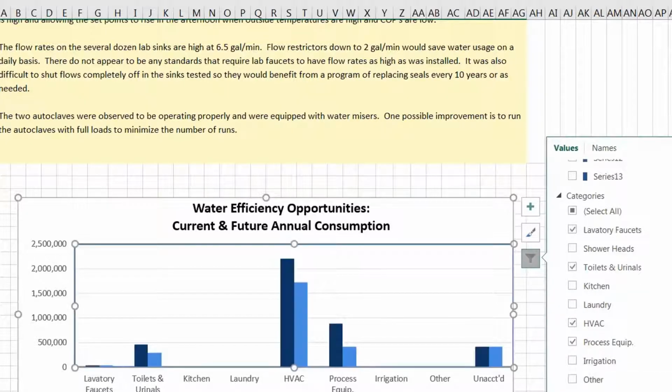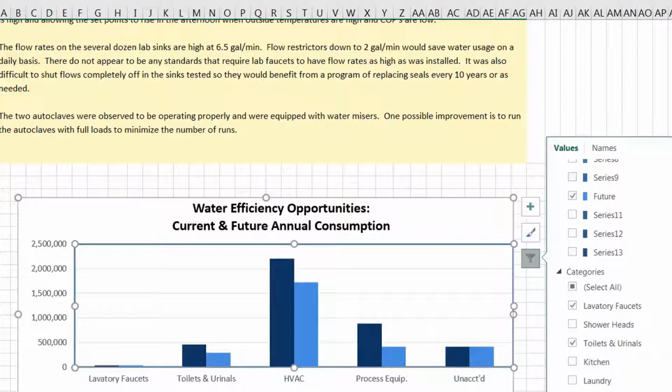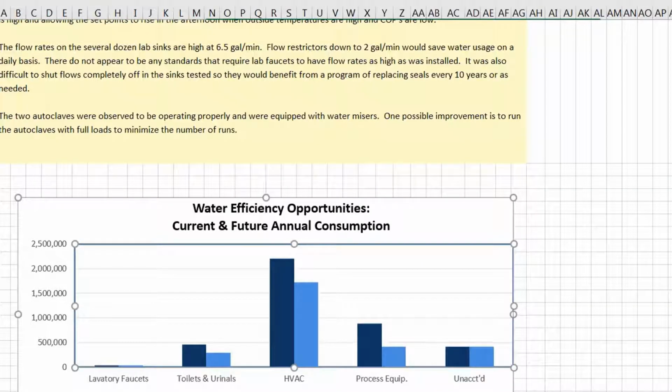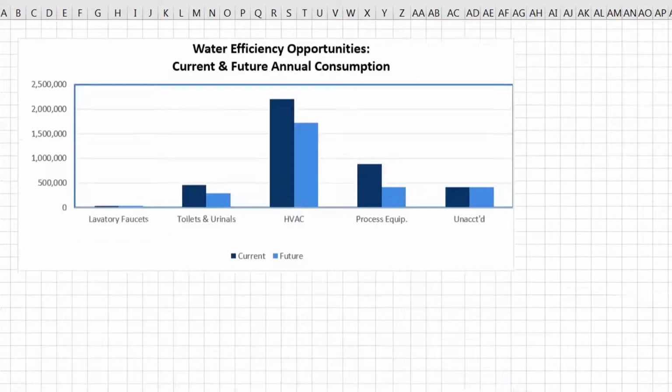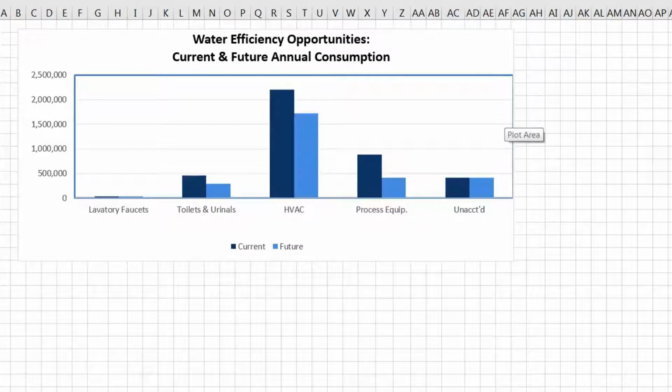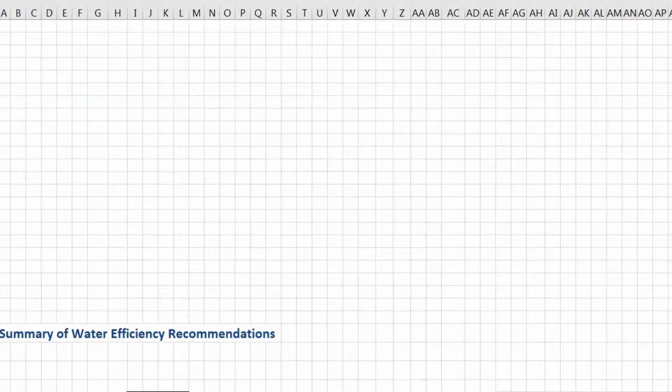And then we can apply that, and we have a little bit of a cleaner chart. So those are some things you can kind of learn over time. And then this very chart will be the one that goes into your final report. But you may not choose to even show your data in this format, but it gives you a lot of options. As we scroll down,